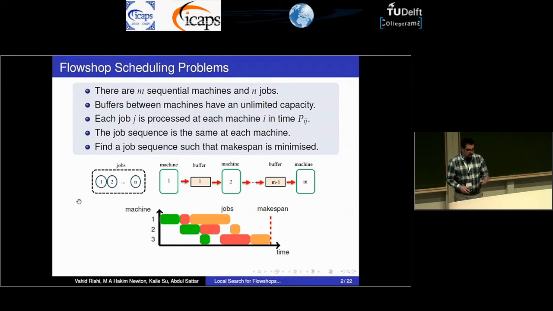In the flowshop, we have a number of jobs and a number of machines. The layout of machines is in series, and all jobs must be processed by all machines. In fact, all jobs must be processed by machine 1, machine 2, and so on until machine M. Each job needs a processing time on each machine. Our goal, our aim, is to find the sequence of the jobs that minimizes the